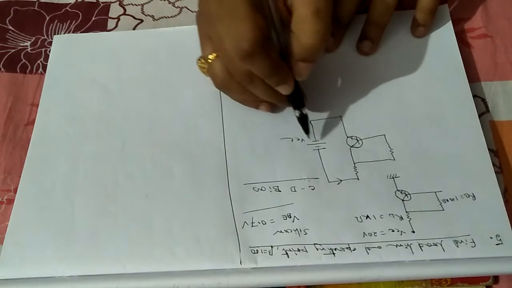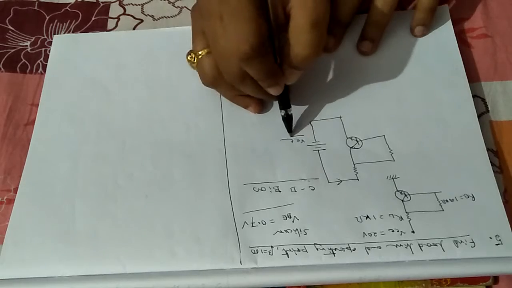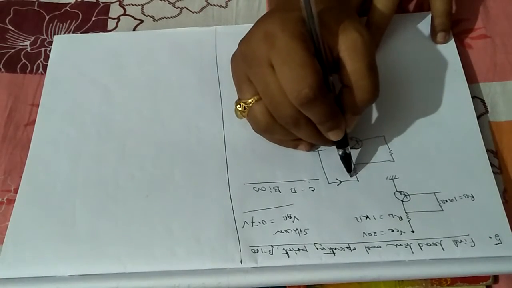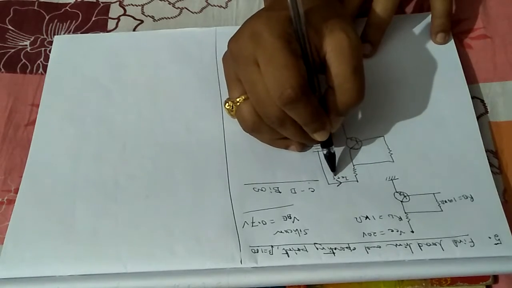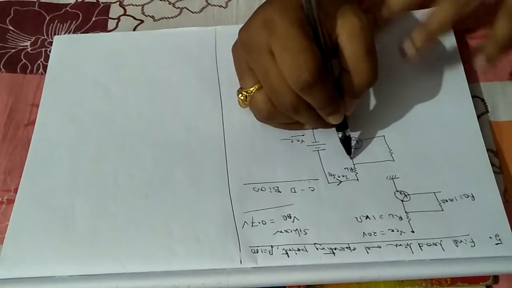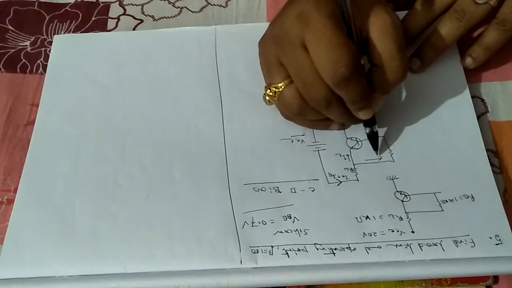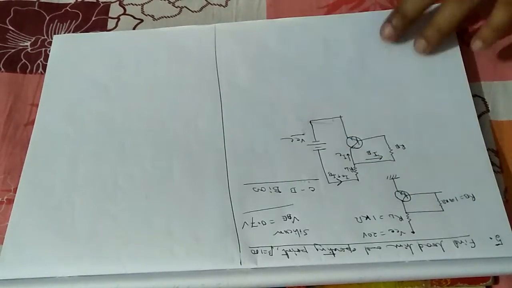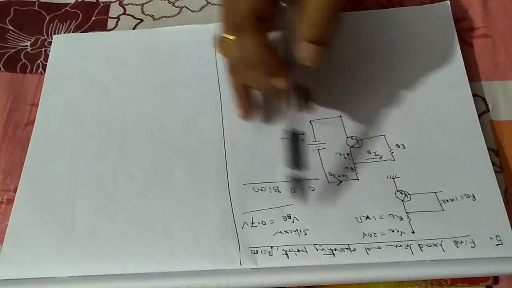Okay, so again we are starting. From VCC the total current is flowing, that will be IB plus IC. It is flowing through this RL, then it is divided into two parts. IC is going this way, IB is going this way. This is RB. Look, this circuit is drawn here, so this is nothing but the collector to base bias.